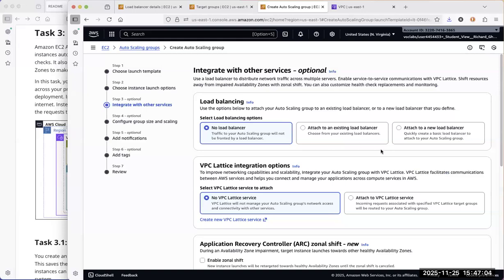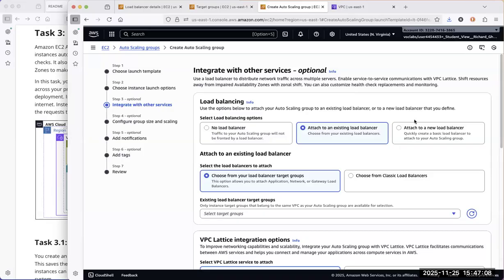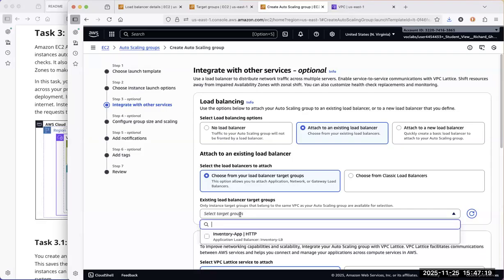And we have a load balancer. So we're going to attach to an existing load balancer. Notice that you can create a load balancer at the time you do this. We're not going to do that. We'll attach it to an existing load balancer. And then note, when you do that, you actually have to point to the target group. So we don't select the load balancer, we select the target group. So it's really important